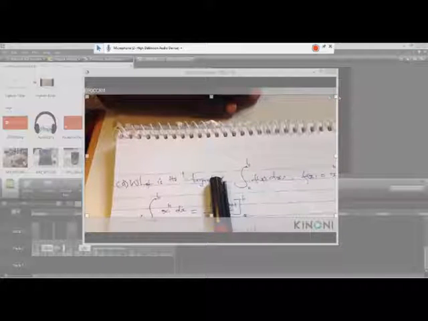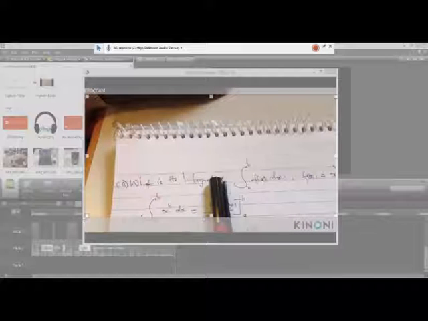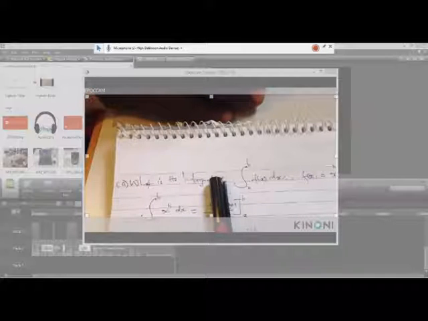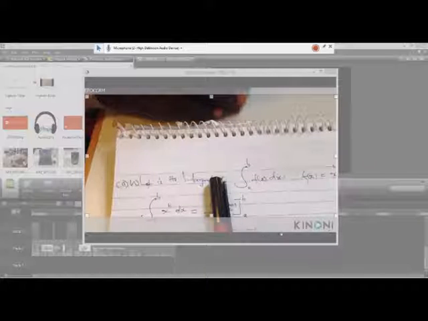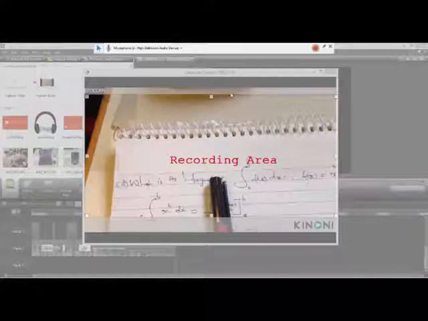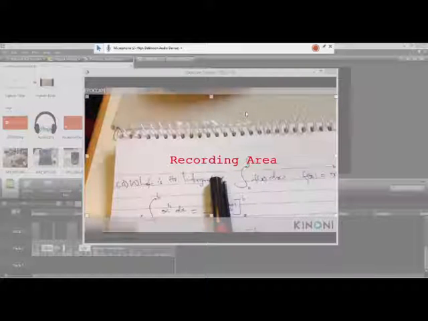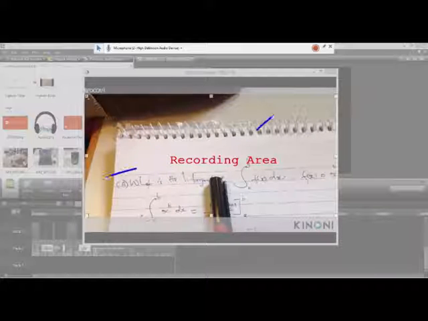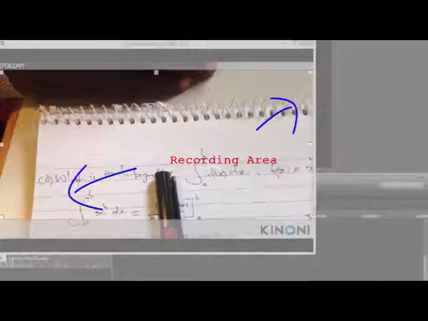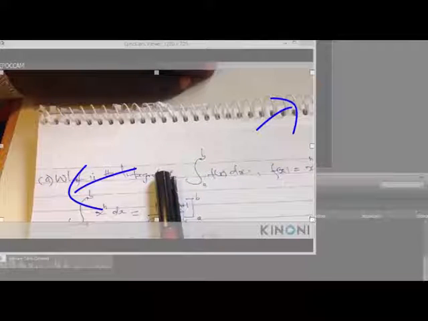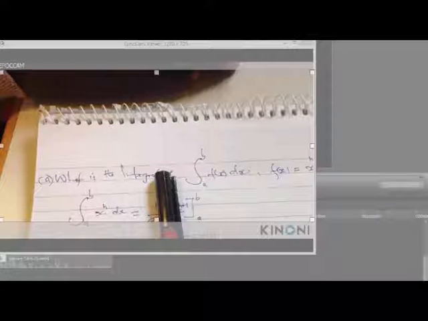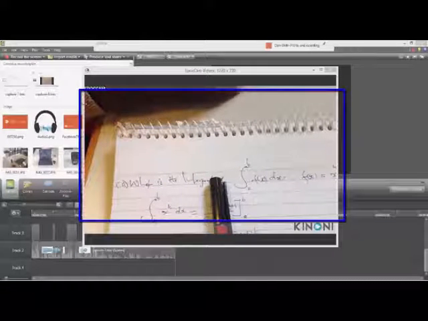But on the other side, in the working area, you will see another section with square edges. These square edges represent an area for you to input the video from, of course, your video input device. Now, in this area you can resize your video input to the exact size of the recording that you want, and once you have done resizing, then you can go ahead and hit Start Screen Recording. At the count of 3, you can now start recording, and you'll only be restricted to recording within the dotted